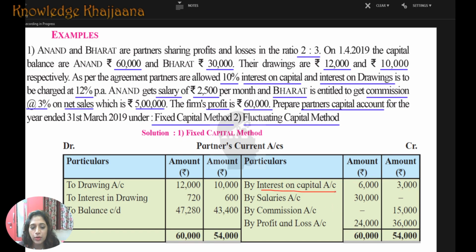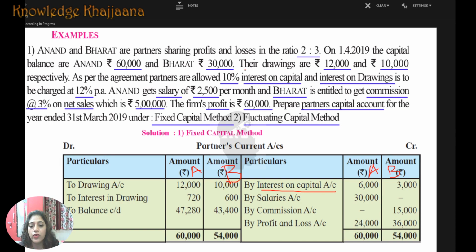So the interest on capital account is drawn the same way. This is of Anand, this is of Bharat. Interest on capital: 60,000 at the rate of 10% interest, so 6,000 is given to Anand, and 30,000 at 10% gives 3,000 interest to